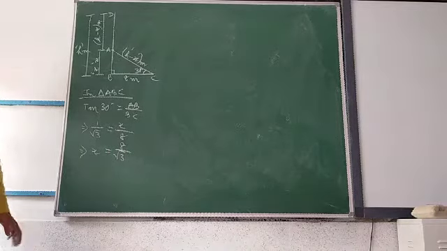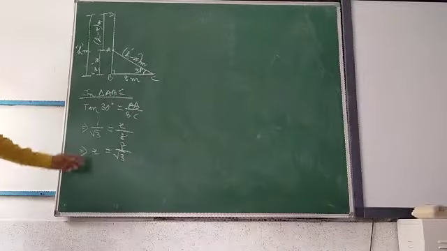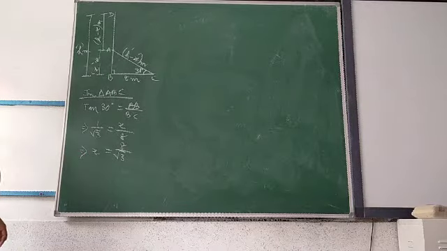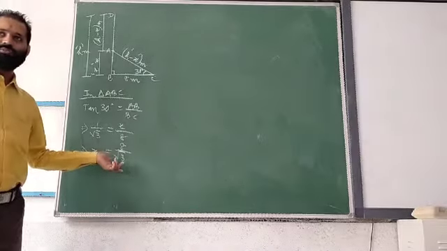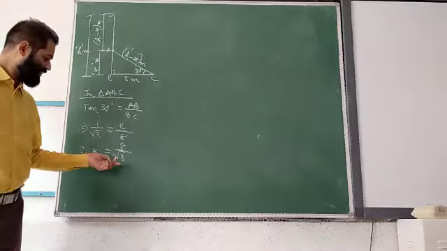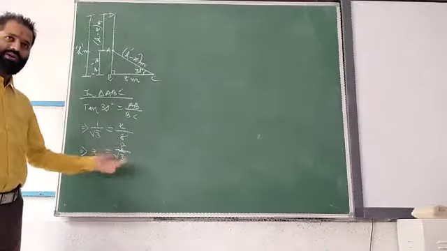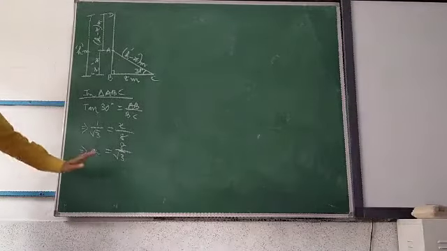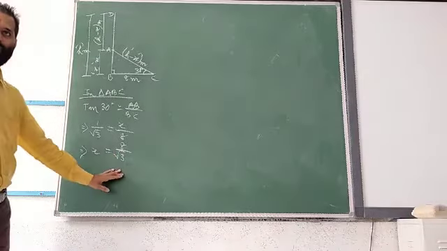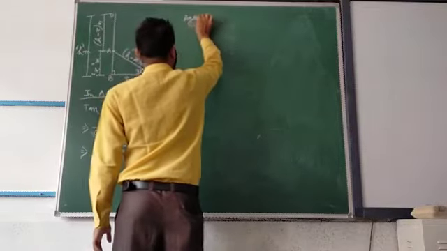Now students sometimes rationalize this one. Your choice, you can rationalize, no issue. But X is not our final answer. Generally if we have a root in the denominator, we should rationalize, but here X is not our final answer. The final answer should not contain root in the denominator. Here I can leave it this way. If you want to rationalize, you can, no problem, but I don't want to waste my time. Is it clear? I have left it this way because this is not my final answer. Okay, again, I got X.